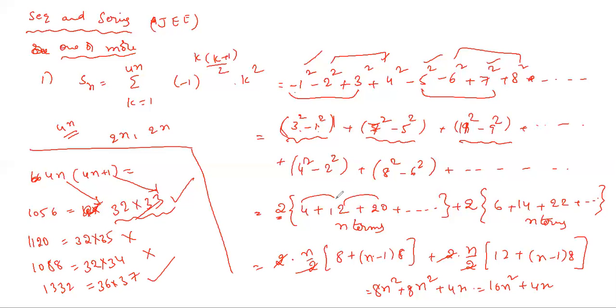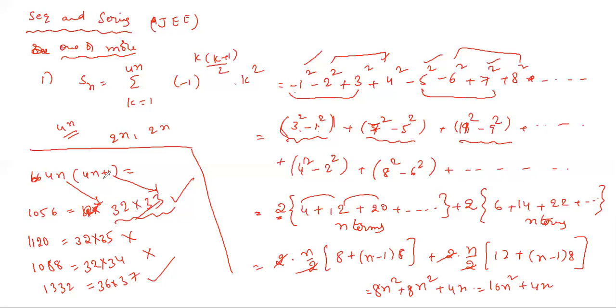Understand this one? Everyone understand this? So what do you do after the 8n square step? This is AP; we simplify and we get 8n square plus 8n square, 16n square plus 4. Yes, sir. This is the simplified value. Oh, you took it out common. Okay, 4n common, 4n into 4n plus 4.